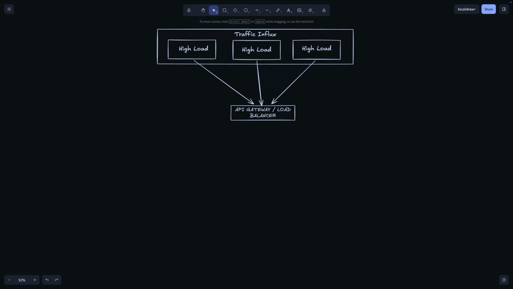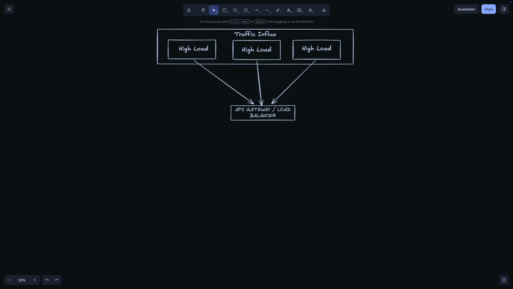This is exactly what happens inside a core backend architecture when millions of simultaneous requests hit a standard database. The system hits a sudden deadlock, response times skyrocket to over 12 seconds, and your entire application crashes. But the world's largest tech platforms handle this exact type of traffic surge without a single millisecond of downtime.